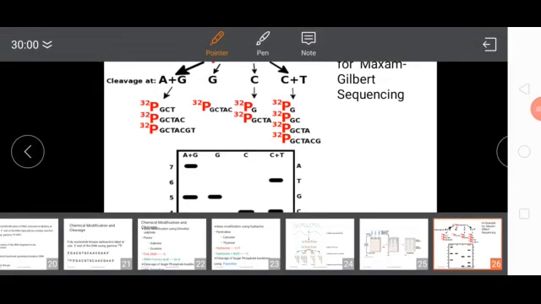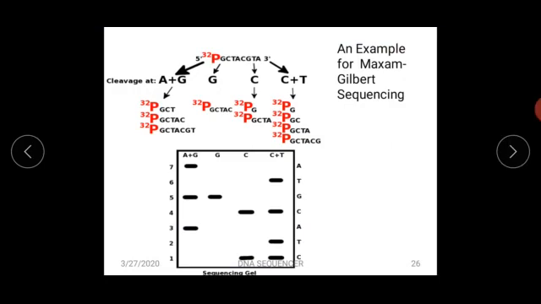So in the last slide we have seen how the Maxam-Gilbert method worked. This is just the summarized form of the Maxam-Gilbert method, where we can see the 5' sequence is labeled with phosphate-32. Cleavage occurred at A plus G, G, C and C plus T, that is a chemical modification, and wherever the sequence has to be cleaved, they are shown here in the bands. A plus G, this is the fragment, this is another one. Depending on size, the larger one gets deposited on the top of the gel banding pattern, and the lower one gets attached below.